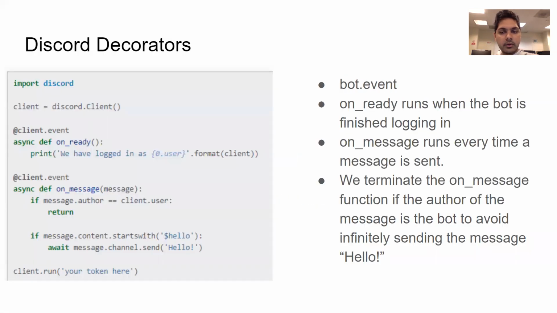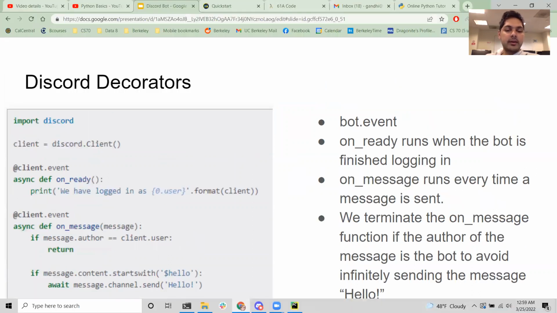Okay, so more on decorators. We have bot.event and client.event, which are the same thing with a different prefix. An event would be like on_ready: when you log in the bot, the bot would say it's logged in. on_message uses client.event. I don't like that example, though, but I'm going to show you my own example of an on_message.